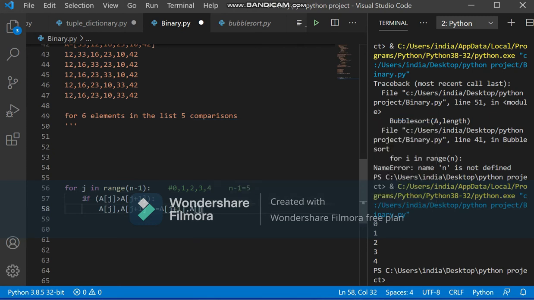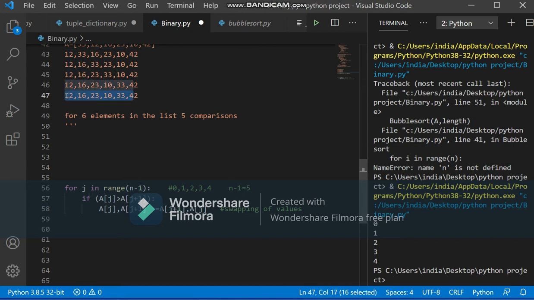This is nothing but a simple process of swapping: in place of the 0 index, the 1 index value, and in place of the 1 index, the 0 index value. So this is the statement which will trigger a swapping of the values only if, in the condition, the first one is greater than the second one.